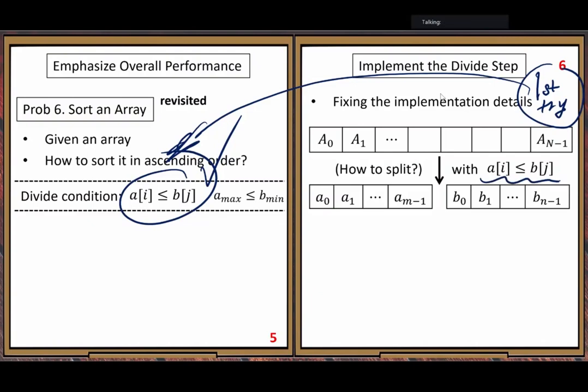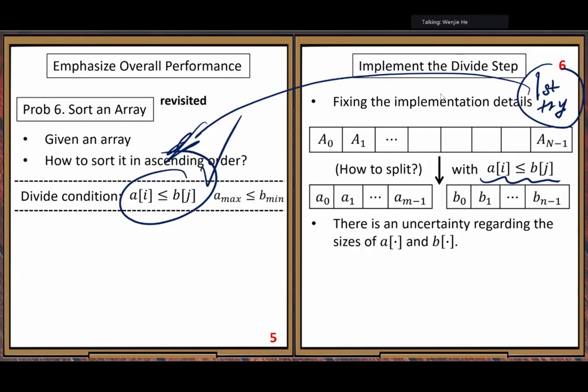Now we need to find a relatively simple way to make it happen.